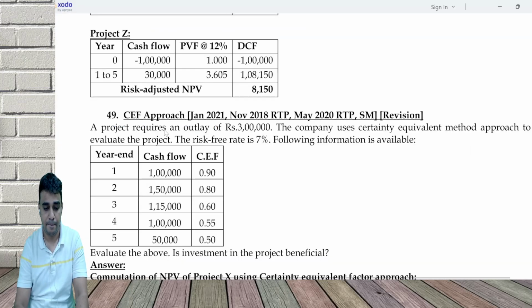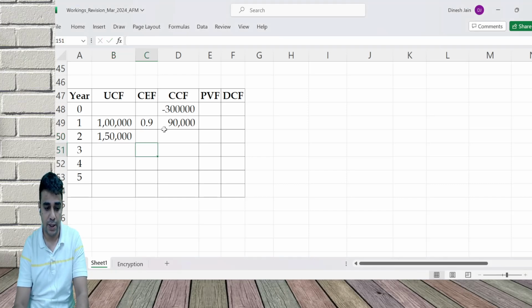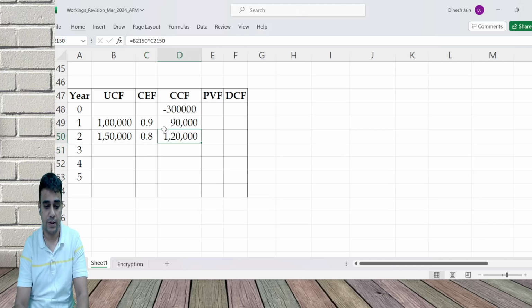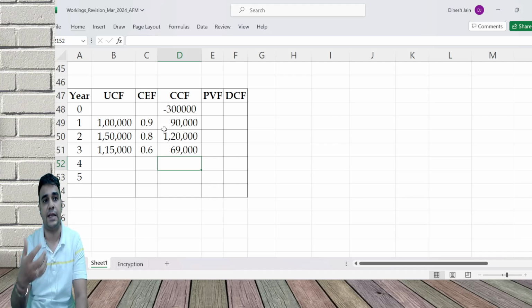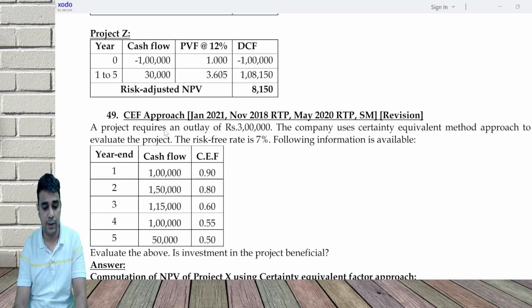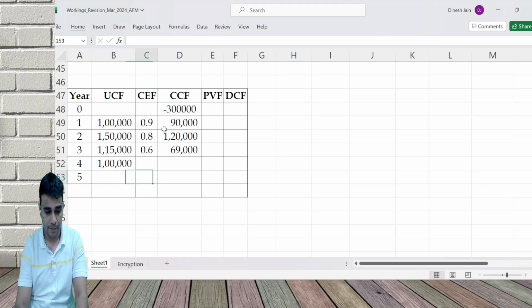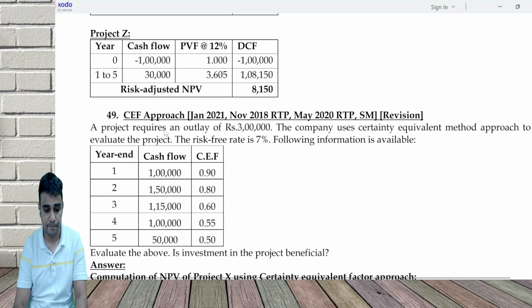Second year, into 0.8. 120. Third year, into 0.6. As time passes by, the cash flow will keep going down because my confidence level goes down. Fourth year, 0.55. Fifth year,